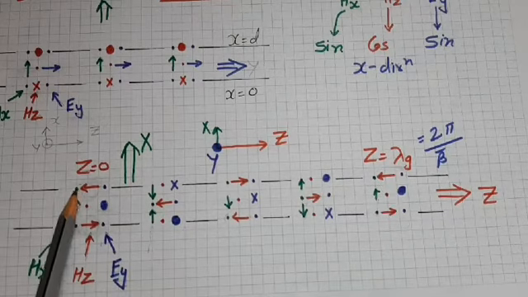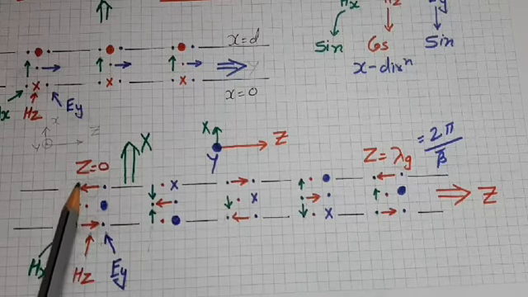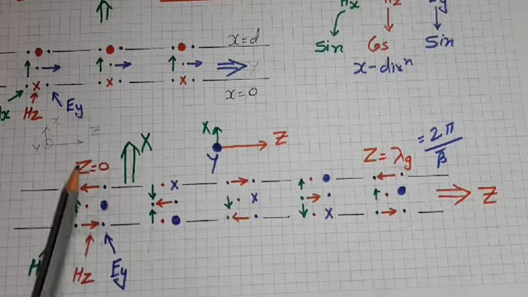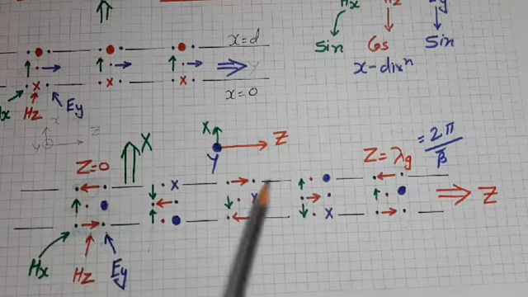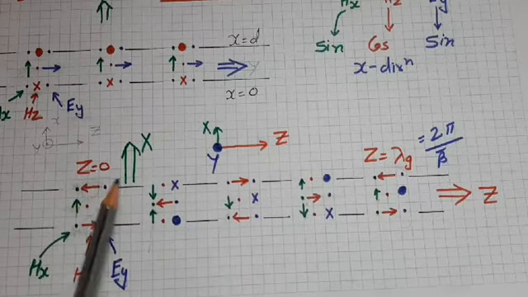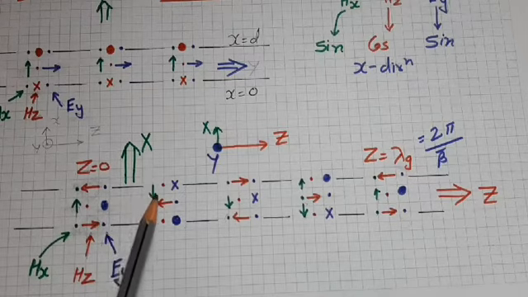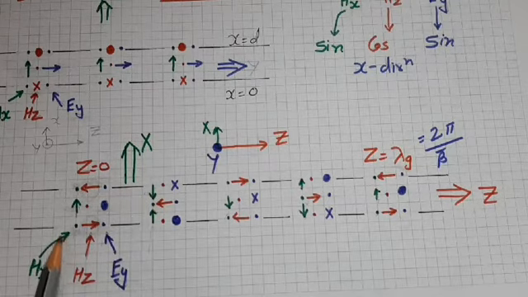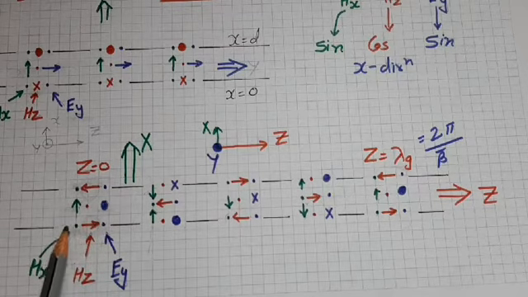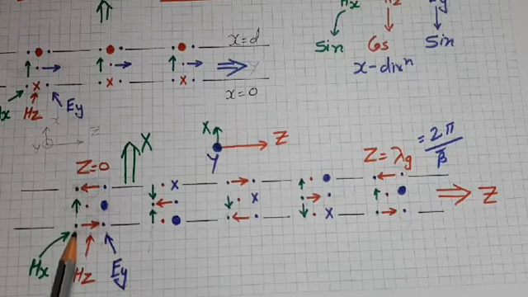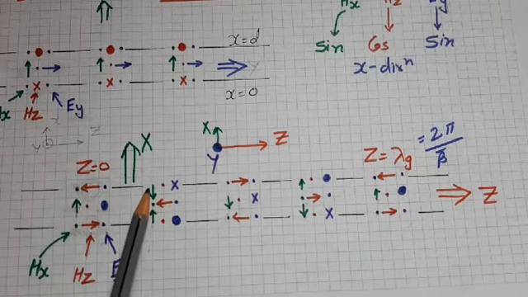Now if we observe this point, which corresponds to z is equal to 0 and x is equal to d. So field is 0 here. Now keeping x constant, if we move in z direction, it is 0, and after some distance in z direction, maxima will come. Now we may be confused here whether positive maxima will come or negative maxima will come, because in actual field expressions, x direction and z direction variation has combined effect. So we will start from x is equal to 0 and z is equal to 0. That is 0, positive max, 0, and then negative maxima will come.